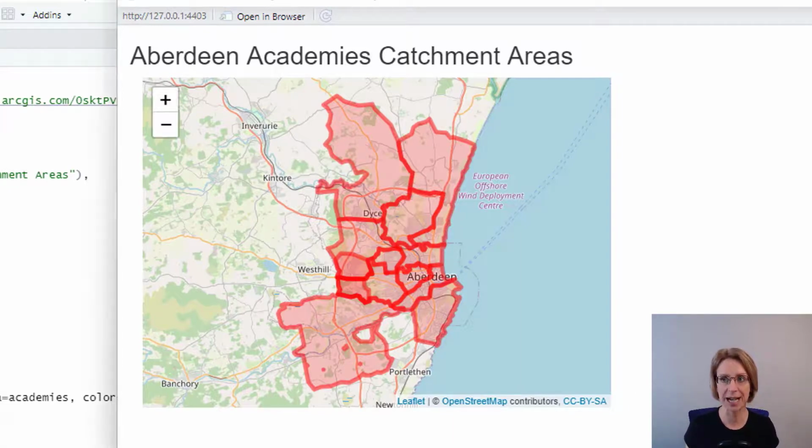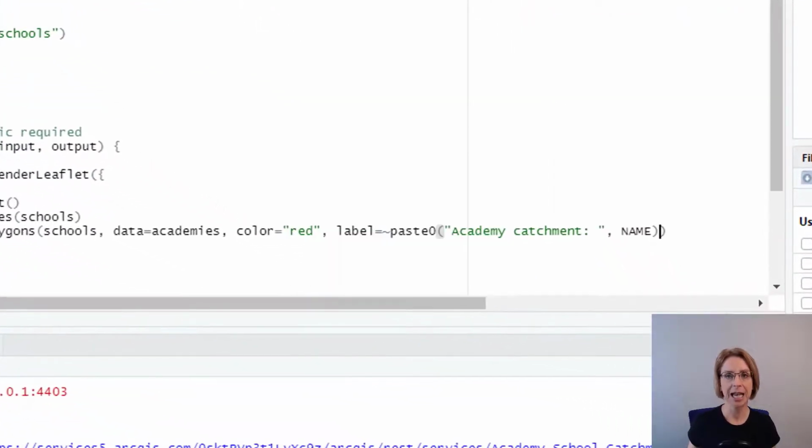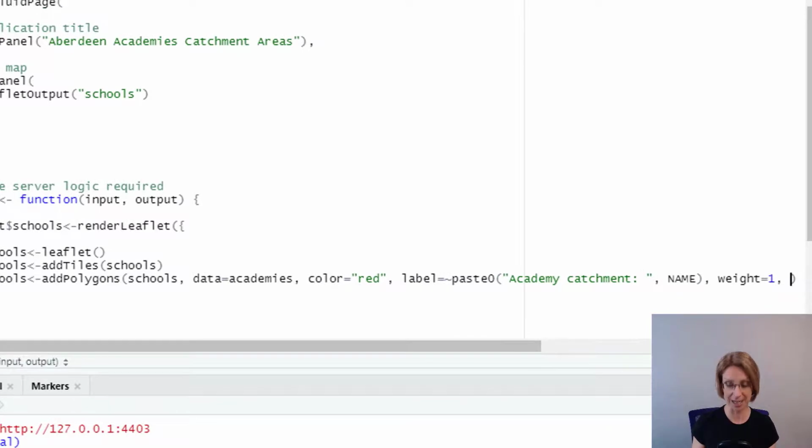So if I close my app, back in the Add Polygons section, after label, name, closing bracket, I put a comma, and then I will type in weight equals 1, which will make all the outline lines thinner, comma, and then to make the area pop out a bit more, I just type in highlight,